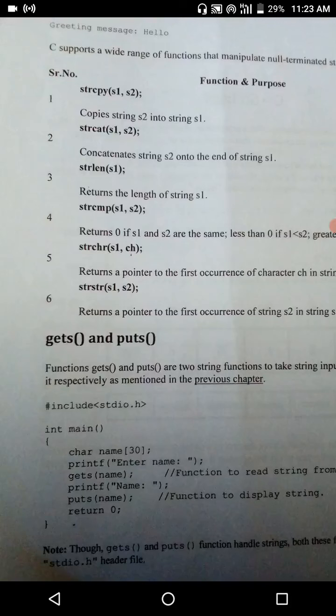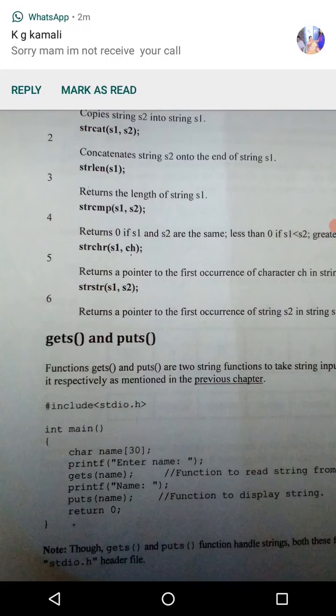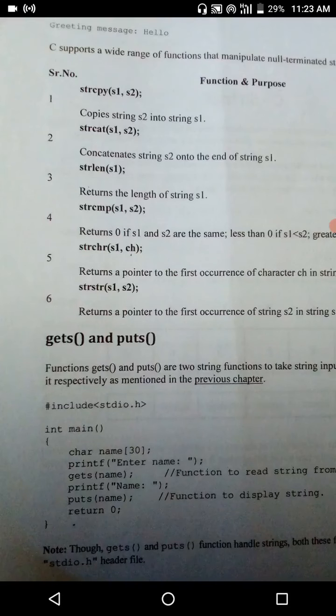First one, string copy. These are all predefined functions, strcpy, strcat, already defined. We cannot give our own definition for these functions.